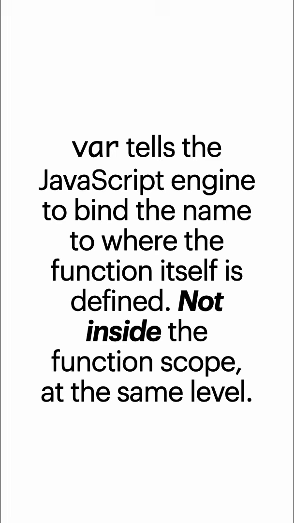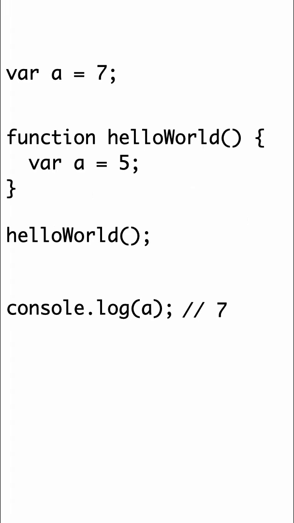Look at some more uses of var. Here, it's easy to see what JavaScript is doing, and we covered something just like this in rule number 11. The rebinding of a to the number 5 does not affect the outside variable a, because there are actually different values in memory. What happens if we leave off the var inside of hello world? In this example, the variable a is already named outside of the function, and so the JavaScript engine uses it.